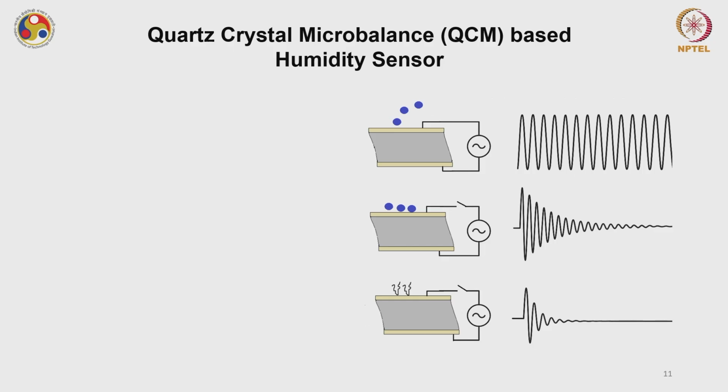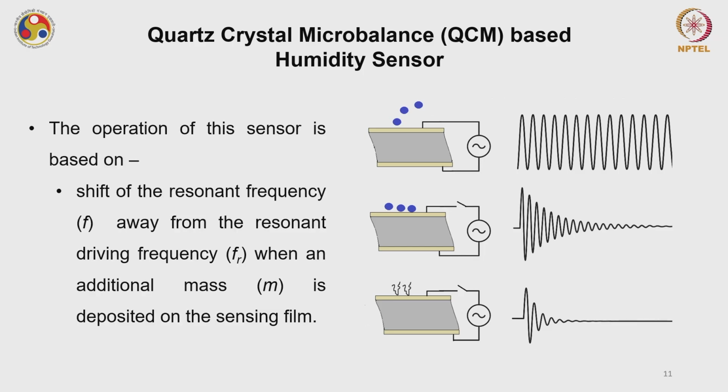Then there is another concept of gravimetric sensor in the form of quartz crystal microbalance, or sometimes known as QCM based sensors. So QCM based humidity sensors are also very popular and very precise, okay. The mechanism of the quartz crystal microbalance based humidity sensor is shown as a schematic diagram in this figure. You can see that the operation of this sensor is based on shift of the resonant frequency f, which shifts away from its resonant driving frequency fr, when an additional mass m is deposited on the